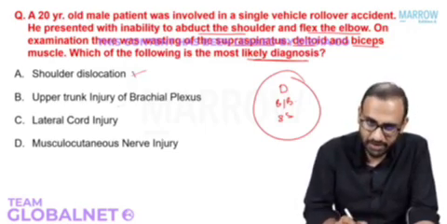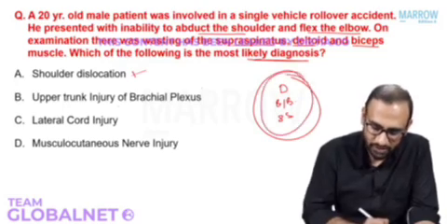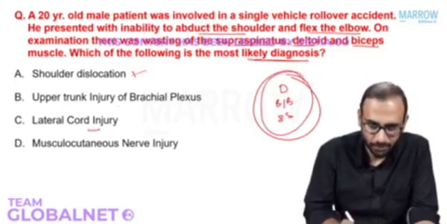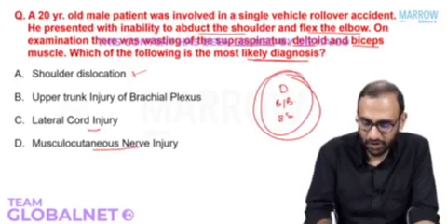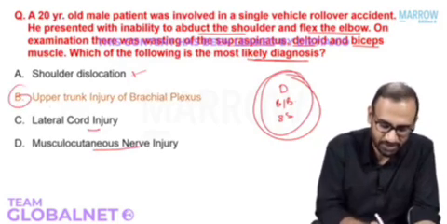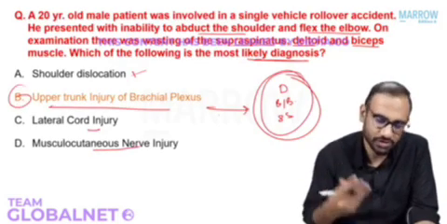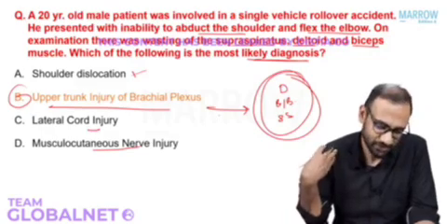Erb's palsy, C5, C6 injury will definitely give you all of these affections. Lateral cord injury? No, musculocutaneous nerve injury will not involve the deltoid. So the answer here is B. This is a classical case of Erb's palsy because the patient had a rollover accident where he had an injury to